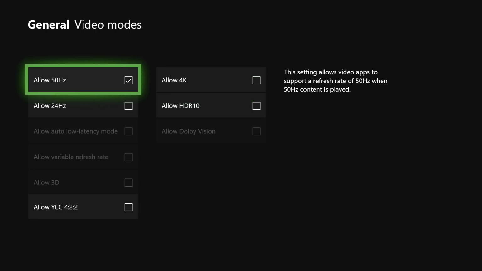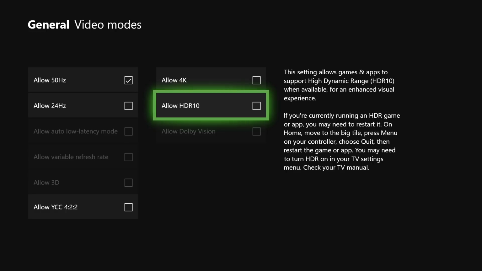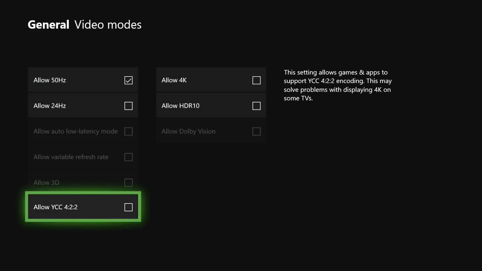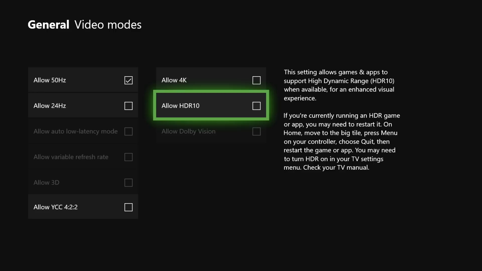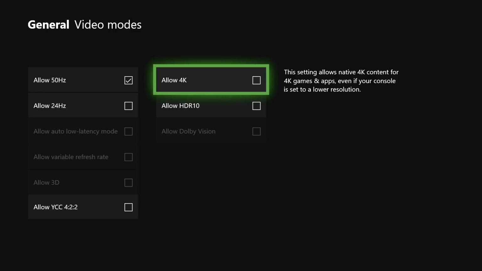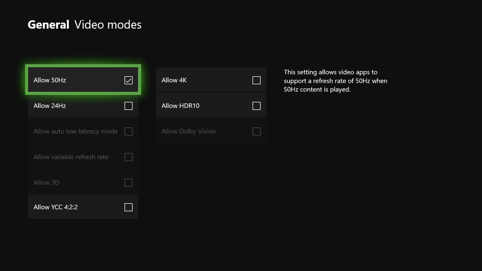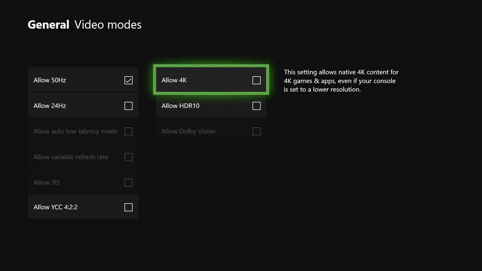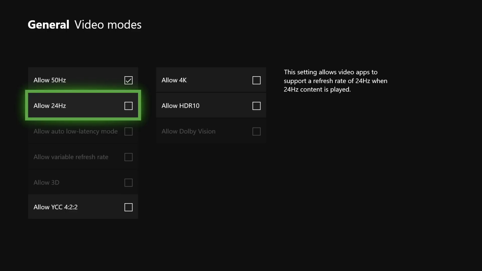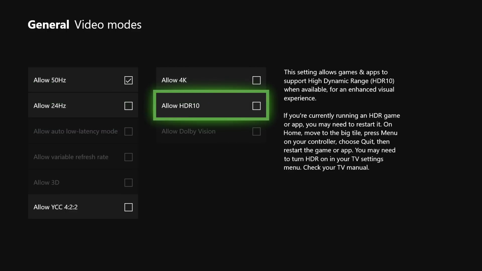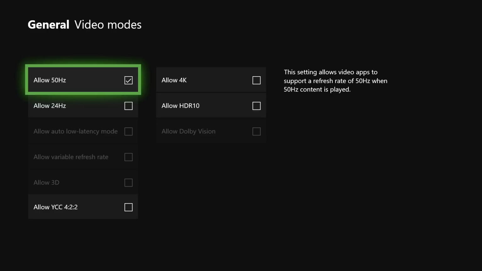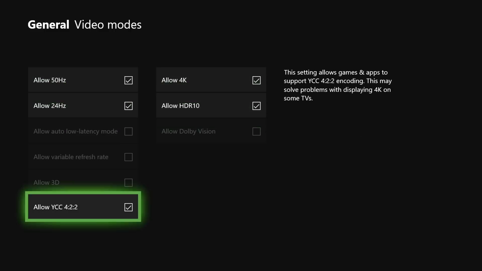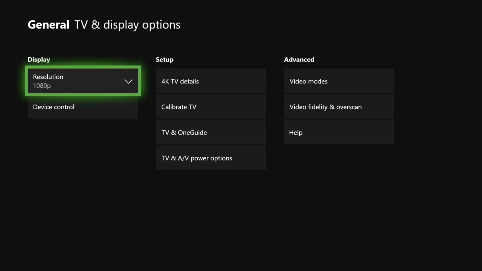Like you see, I only activated 50, but you want to activate all of them. Once you do that, you will get a lot better FPS and things like that. If you have HDR or 4K, you are even going to get better things, and you will be able to see your screen in 4K. It could happen that you don't have a lot of these options, or that you have a lot more. So you just want to activate what you have on your screen or your Xbox One. So let's do that. Now, like you see, I just activated everything, and now let's go to the next method.